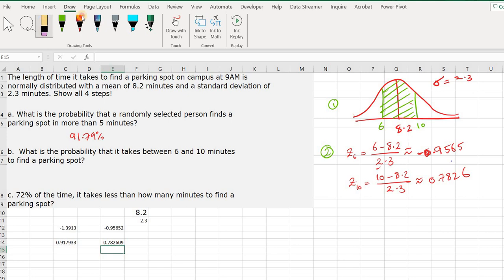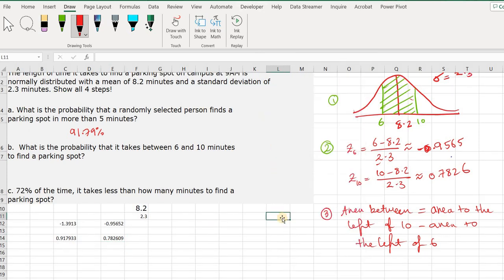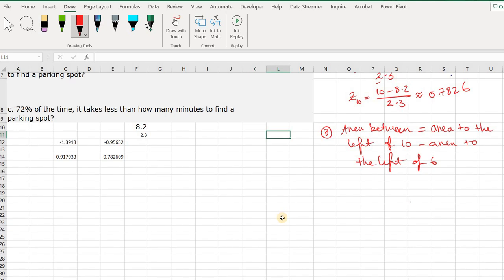Step number 3 is to compute. So the area in between is equal to the area to the left of 10 minus the area to the left of 6, which I can translate into, this is going to be